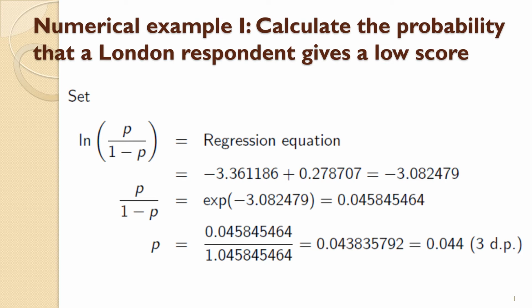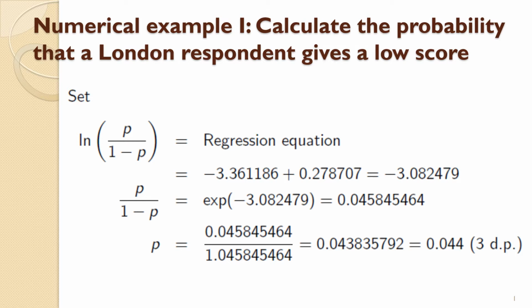So I wanted to give another numerical example here, how to calculate the probability that the London respondent gives a low score. This is set up in exactly the same way as you've seen in the previous lecture. So what you do is set log of the probability over 1 minus the probability equal to the regression equation, and in this instance, by the regression equation we mean the fixed effects terms. So in this case, if you look at the fixed effects terms on the previous set of slides, you get the log of the probability over 1 minus probability equals to minus